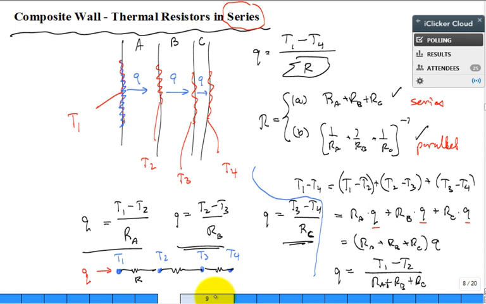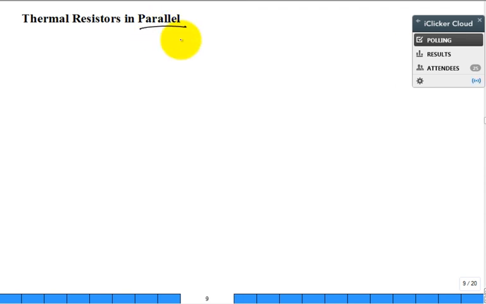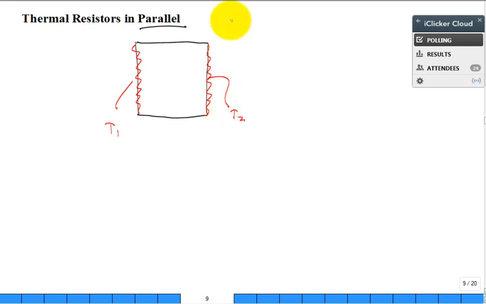All right, let's go and do parallel. What would parallel look like? Well, let me do this. If I had a chunk and I had flow from this surface, which is all at temperature T1, to this surface, which everywhere is temperature T2. I could have it maybe go through material where this is all material A, and this is all material B, and then this is all material C. I'm trying not to change color too much to confuse you, but the